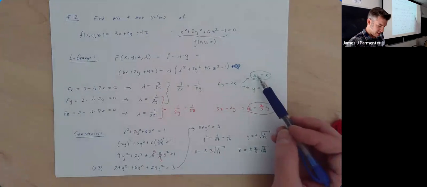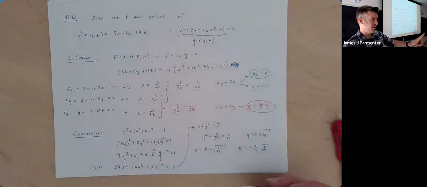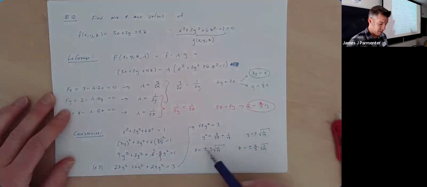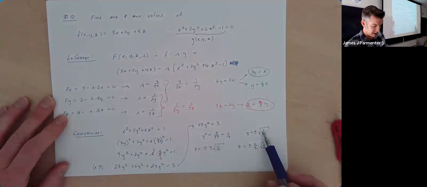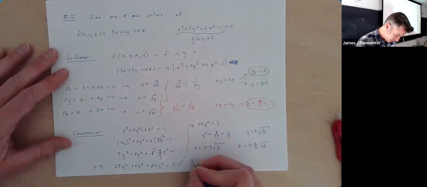Because of how X is in terms of Y and Z is in terms of Y, my 2 critical points have the same signs, meaning all the coordinates have the same signs, right? So if Y is positive, then X is positive and Z is positive. And if Y is negative, then X is negative and Z is negative. So my critical points are really,